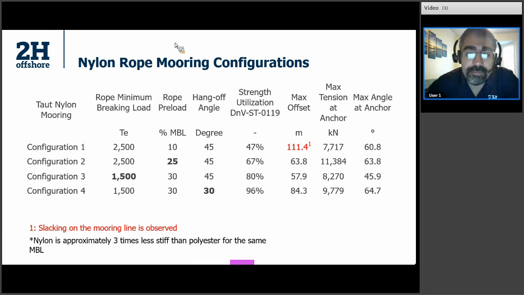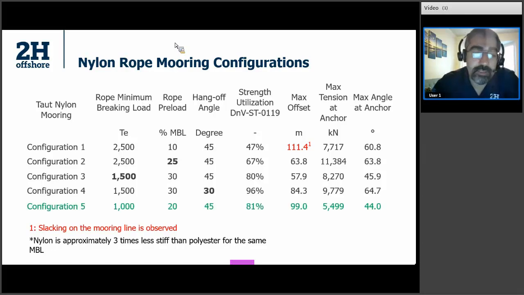45 degree hang-off angle, and 30% MBL, we have about 80% utilization. And similar to what we did for the polyester, we use a reduced preload and a higher hang-off angle, we can actually further reduce the nylon size to 1,000 ton. So with 20% MBL and 45 degree hang-off angle, we have the mooring line at around 80% utilization, which is a good margin,